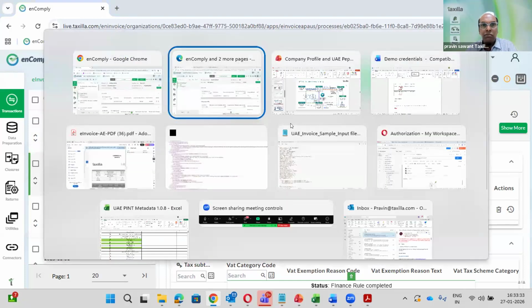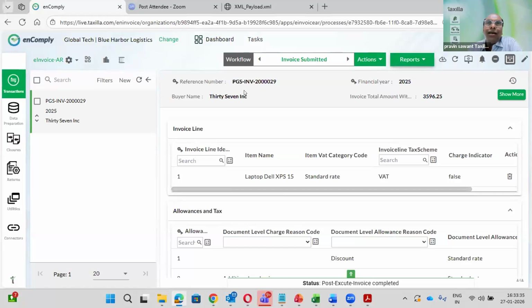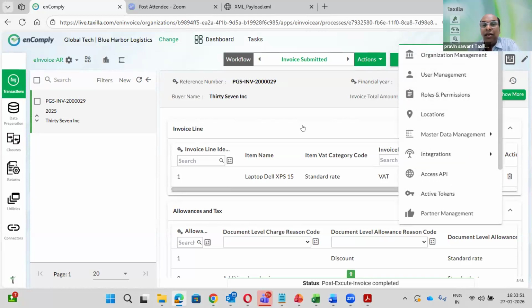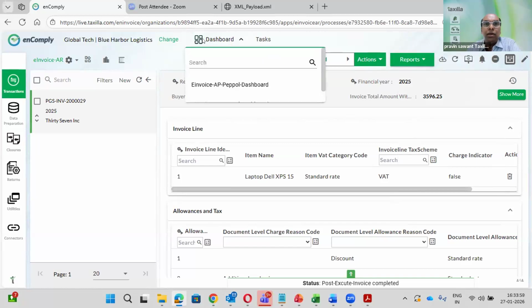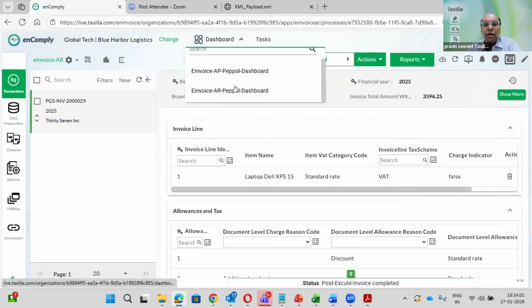Now here, understand from the group management point of view. You have a group company, under that you have multiple legal entities. If an individual legal entity wants to see his dashboard or his reporting, I can configure the roles and permissions company-wise. But a group CFO, group CIO, or management team want to see the reports of all the companies, both the AR side and the AP side.